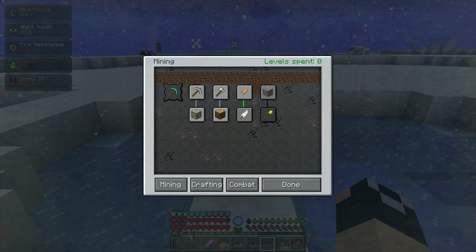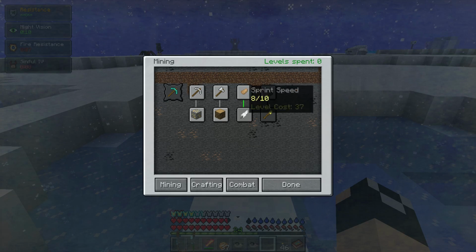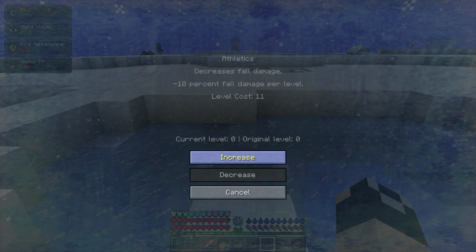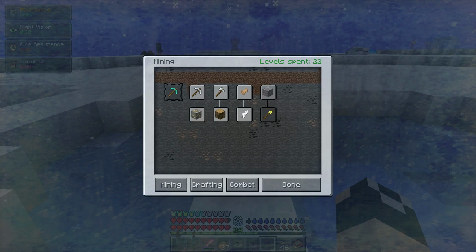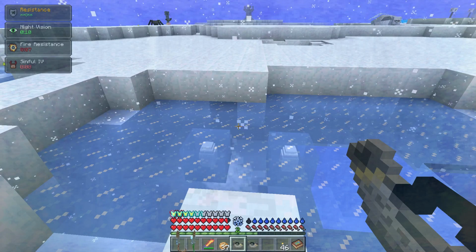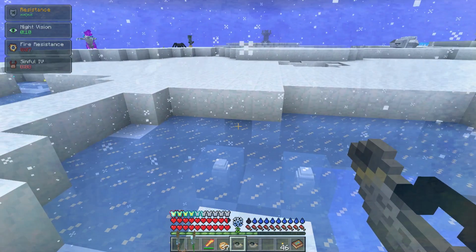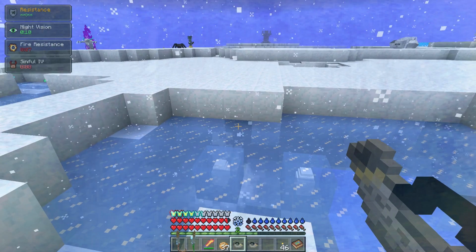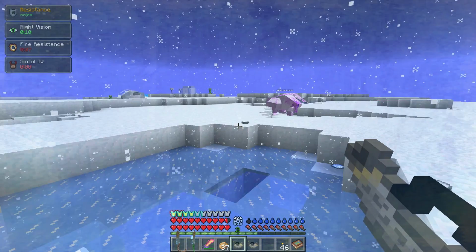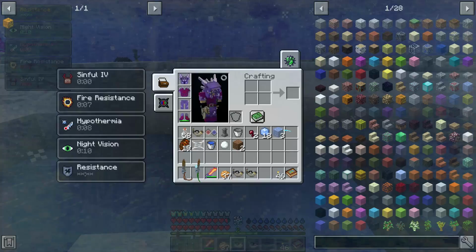I've got 24 levels. Can I just dump this on something? Well, yeah, let's take athletics and let's take woodcutting. I'm going to start freezing to death. That's fine. This is really my only option. I mean, I could have gone to a slightly not so cold biome, just cold enough to sustain the ice, but